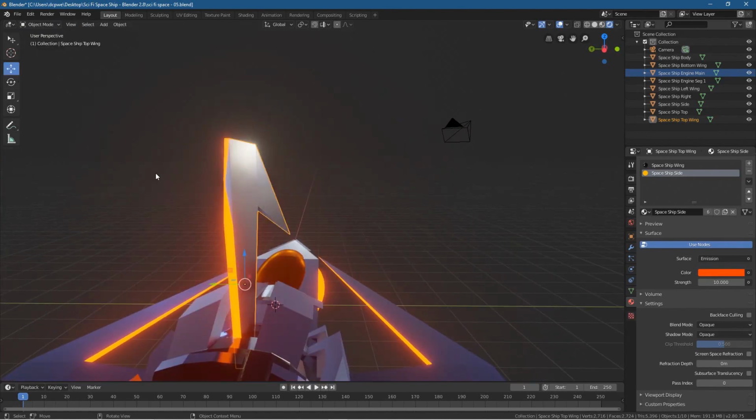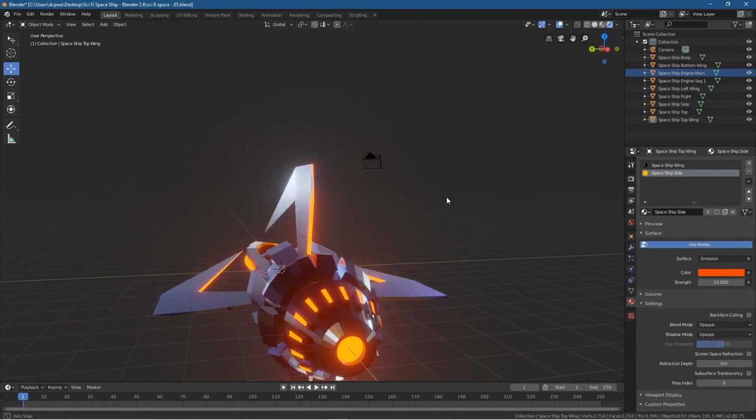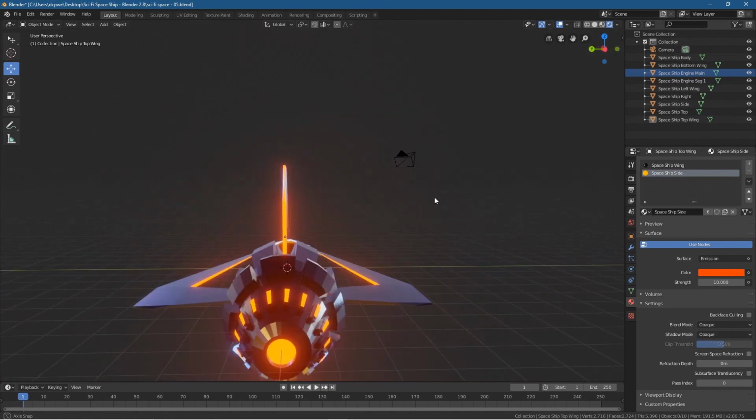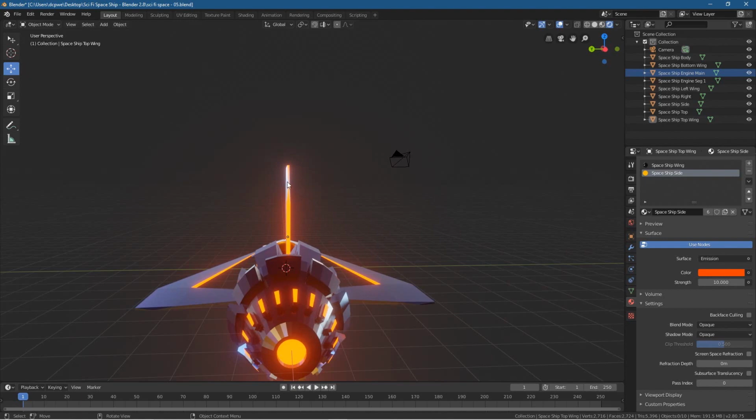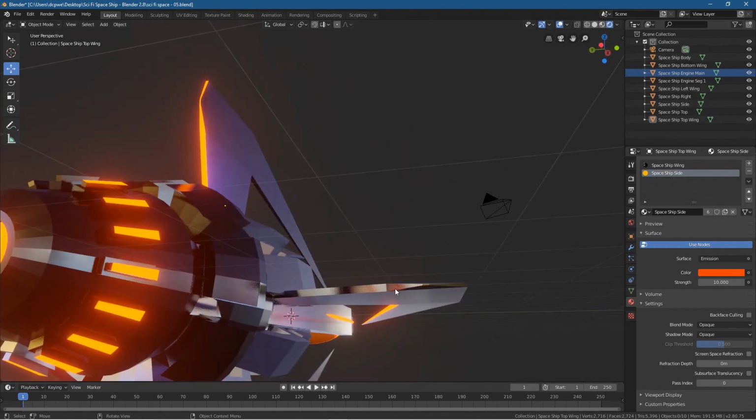So let's go back into object mode, and let's just see what that looks like. Does it look a bit iffy? I'm not convinced. Actually, it's okay, I think. Yeah, that's cool. Let's click on this one and do the same, or maybe